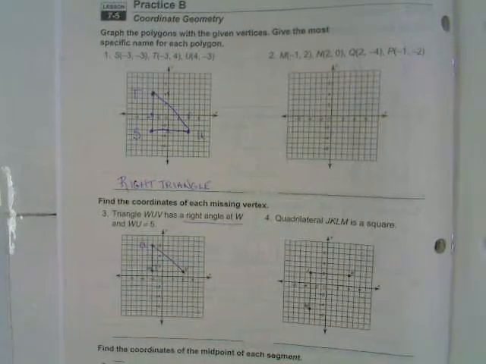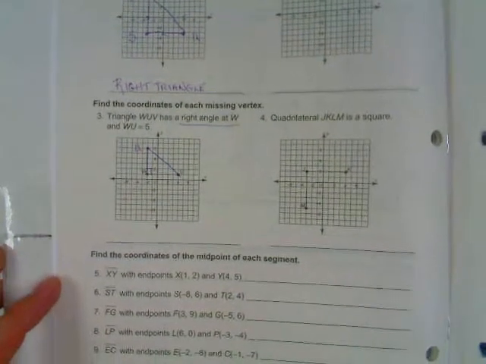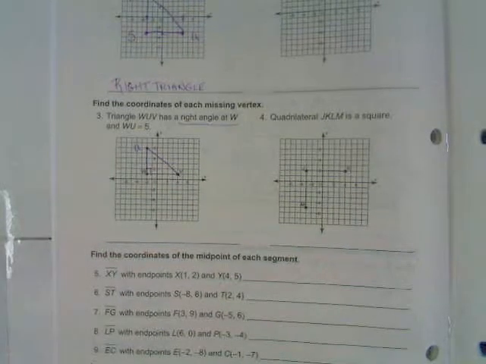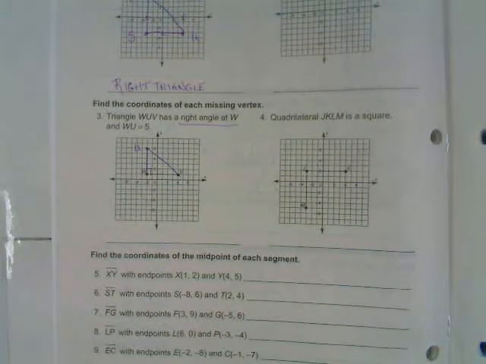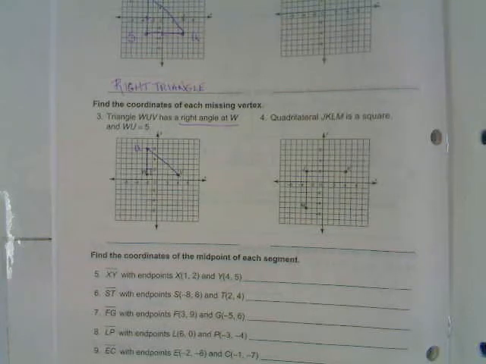Okay, let's go ahead and go down to 5 and 6 then. In 5 and 6, it's asking you to find the coordinates of the midpoint of the segment, and you'll use the same approaches here for 7, 8, and 9. Now, if you want to take a look at your textbook for some help here, page 355 in your textbook at the top has some great directions, a good sample problem on how to find the coordinates of a midpoint